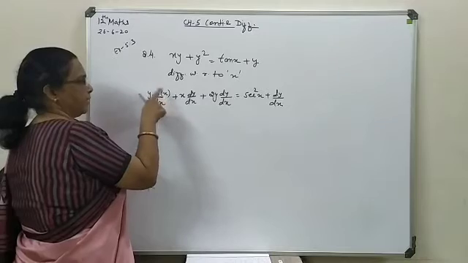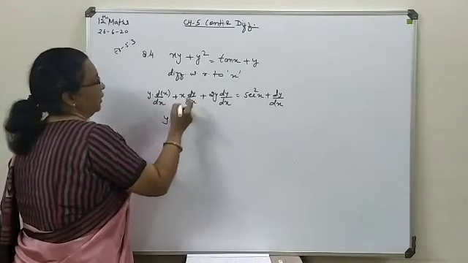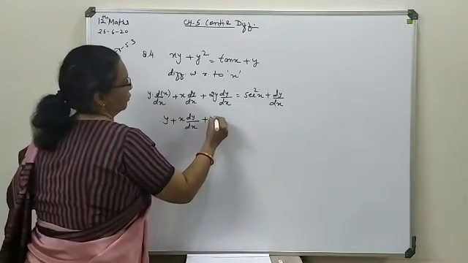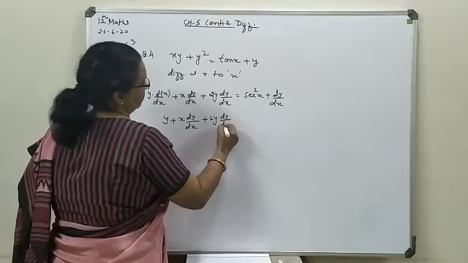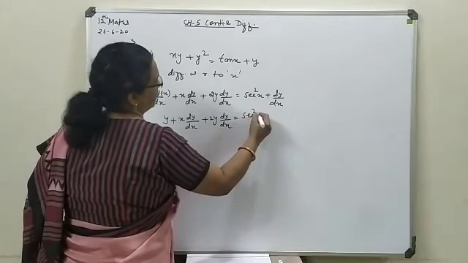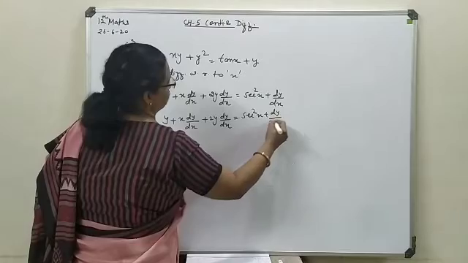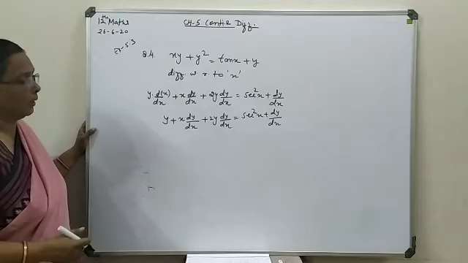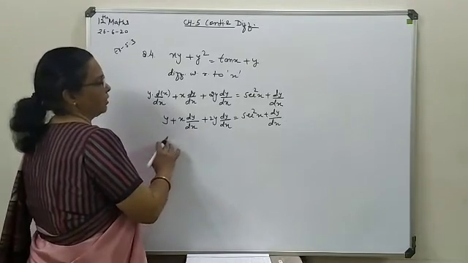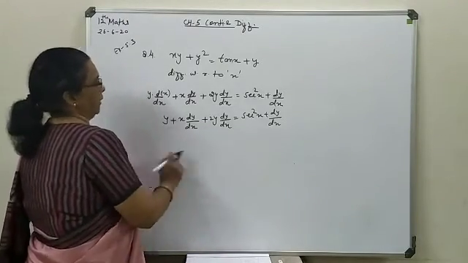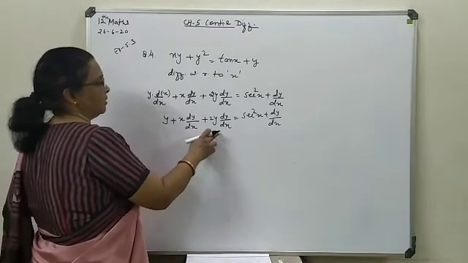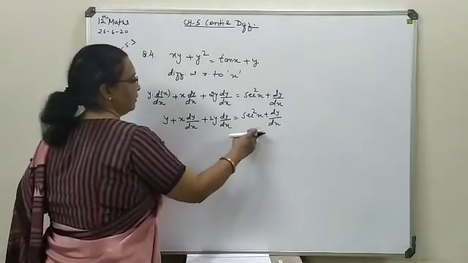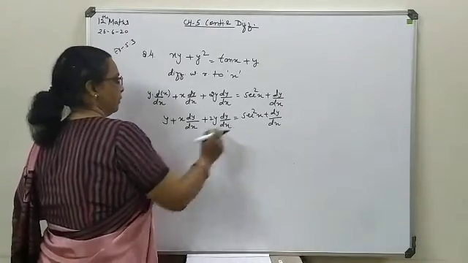Here the derivative of x you will get 1, so it will be y. This will remain as such, x dy by dx. Here also 2y dy by dx. Nothing changes on that side also. You can see none of the terms are going to combine or cancel. So all the dy by dx terms you combine and shift the other terms to one side. Here you can see two terms on the left-hand side we have as dy by dx. So obviously this one we will shift here and this y you will shift over there.